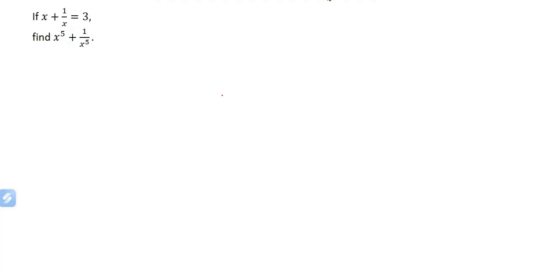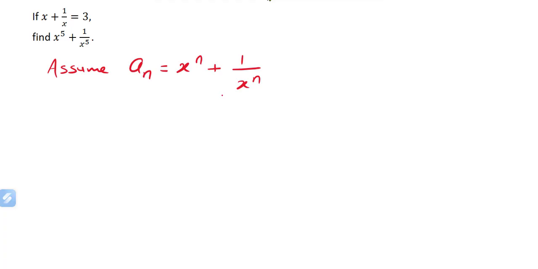To find the value for this, let's assume a n is equals to x power n plus 1 over x power n. Now, to find the value for this one, which is x power 5 plus 1 over x power 5, we use the